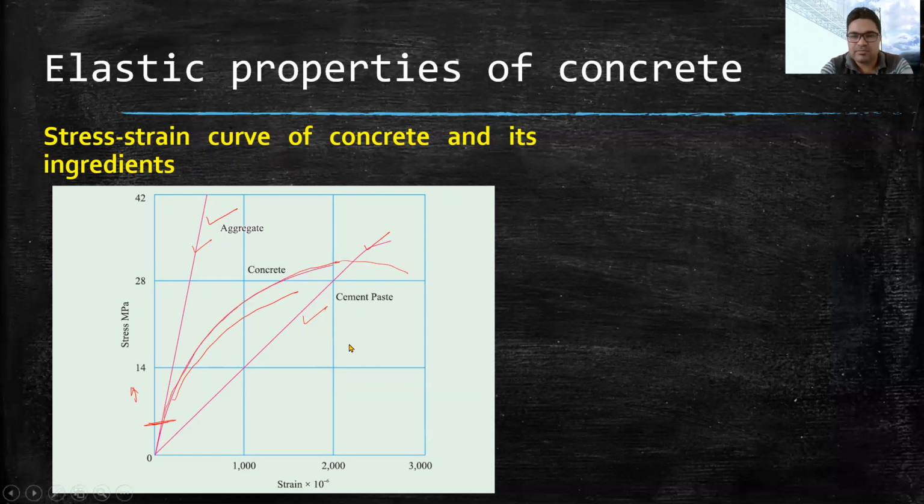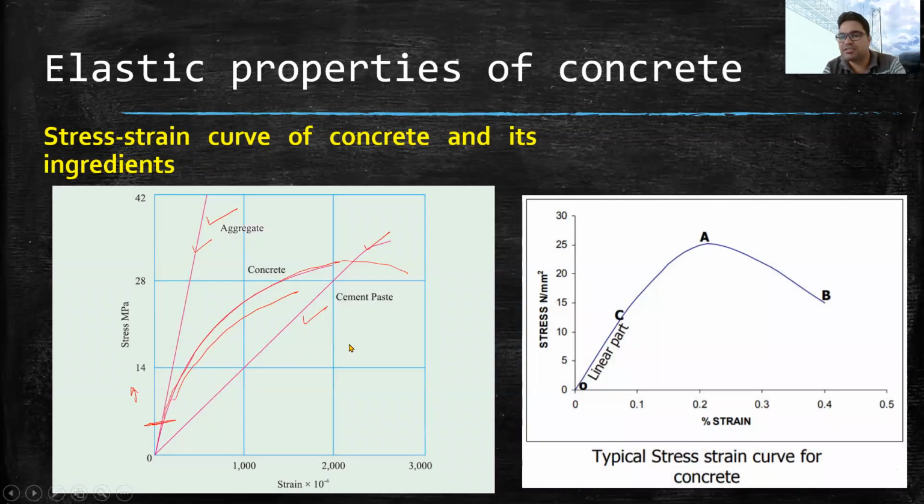So we will see a better stress strain curve for the concrete. In this case, you can see this is the typical stress strain curve of the concrete, and at all times it is curved. It is not linear, and also at the same time it is non-elastic. But if we generalize, the initial part of the curve is linear, and we can use this linear part to find out the modulus of elasticity. So we will see that. How do we find out the modulus of elasticity?